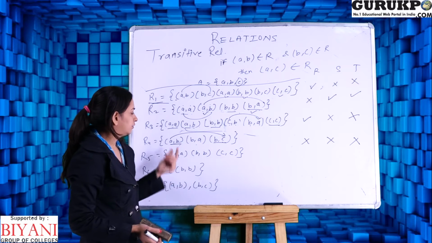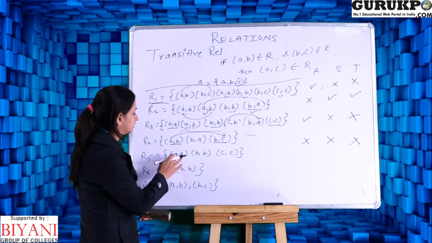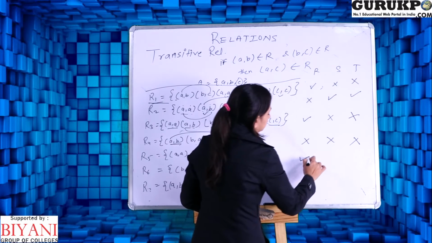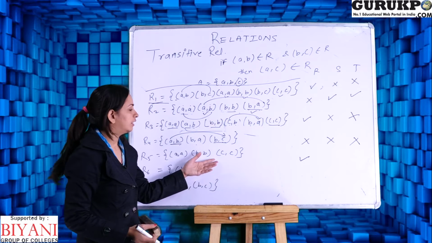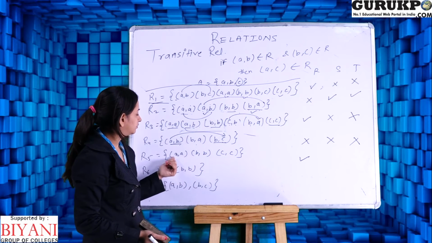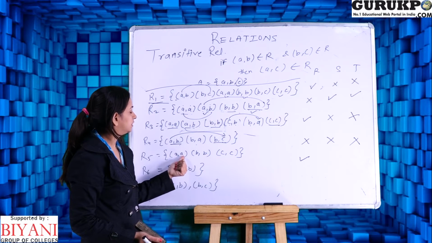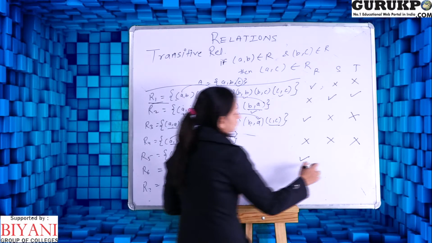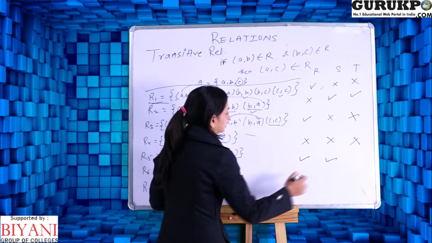Okay. And moving to the next set, it is AA, BB and CC. By seeing this, we can simply say that this is a reflexive relation. Now we are very familiar with the reflexive one. And for the symmetric one, I am just saying that if AB is here, BA must be there. So it is satisfying the condition. So it is also symmetric,